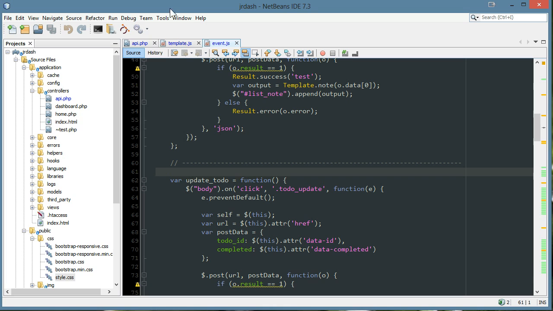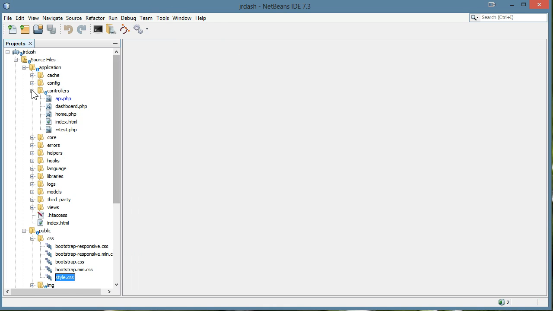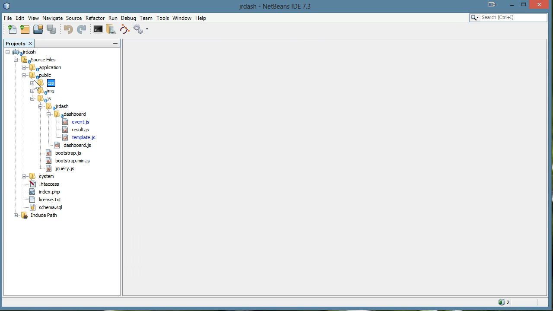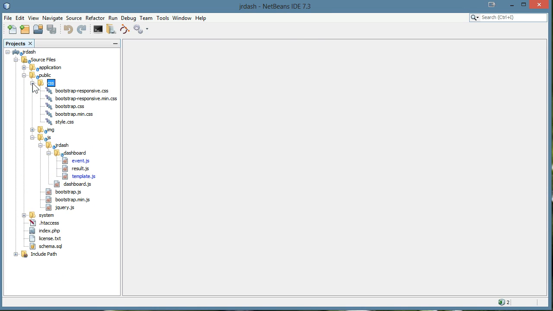I'm going to open up my NetBeans project, and I'm going to close out everything and just make sure I have a fresh set of eyes. So there's a couple ways we could do this. We could either define the Ajax image in a JavaScript variable, or we could use a CSS tag. I'm going to go with the CSS tag. So I'm going to open my style.css,